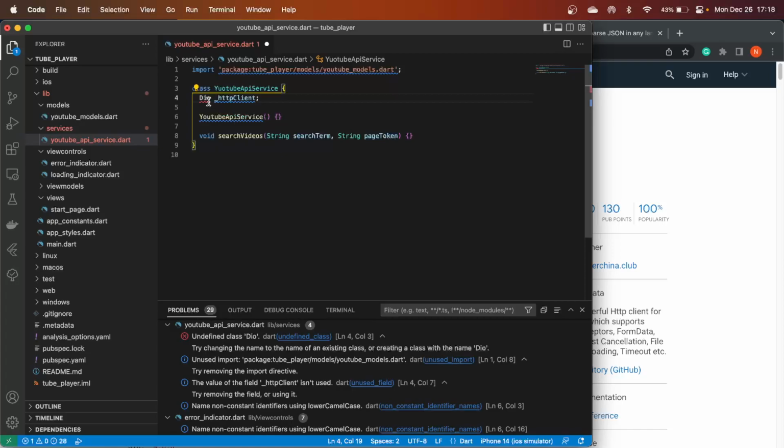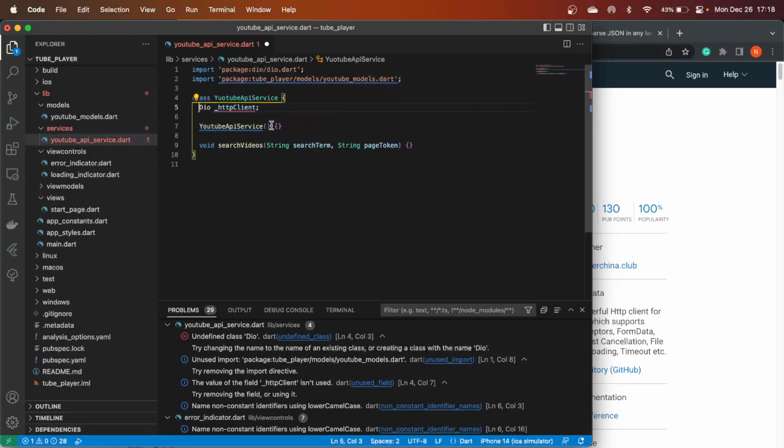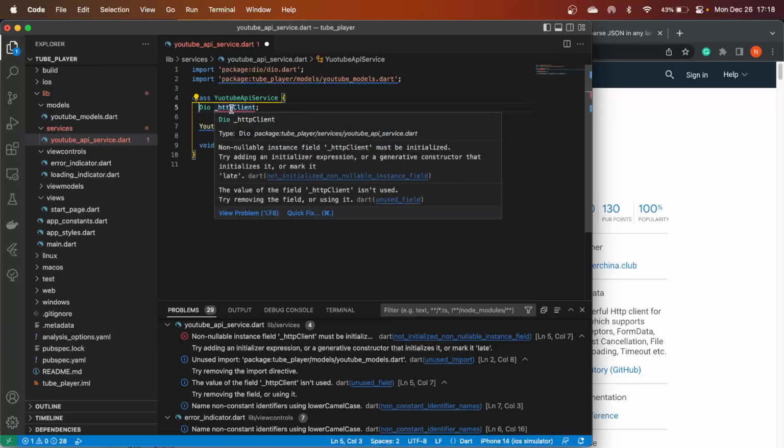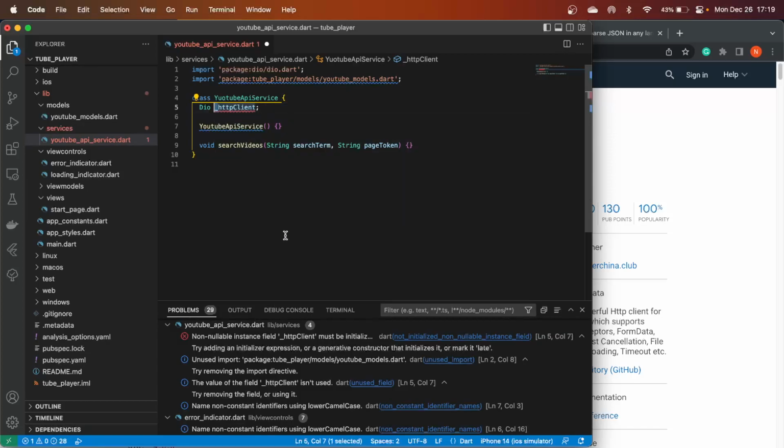Okay, first of all, it is complaining that I do not know what Dio is, so we can do a Control+. to bring in this package using or import namespace, and then I have declared this as HTTP client, and you notice I have put it with an underscore over here. Underscore means this is a private